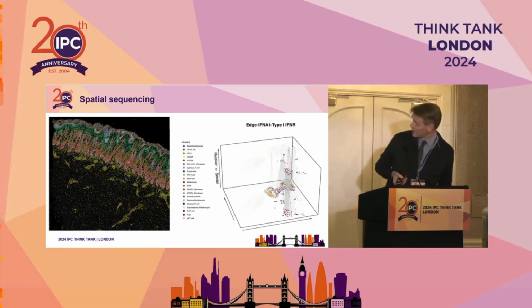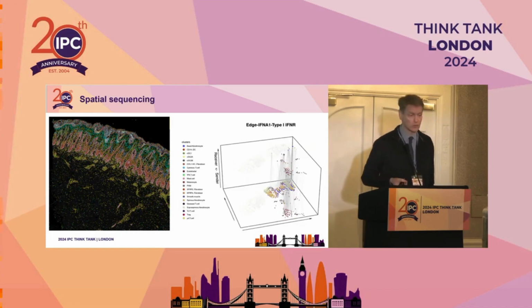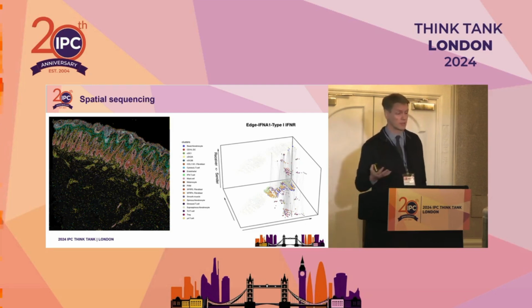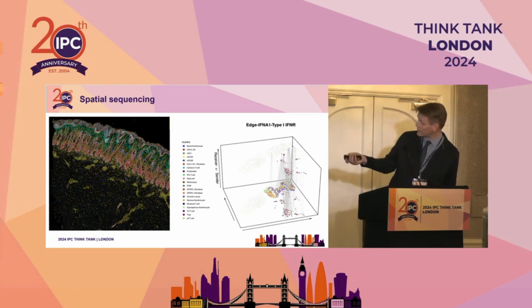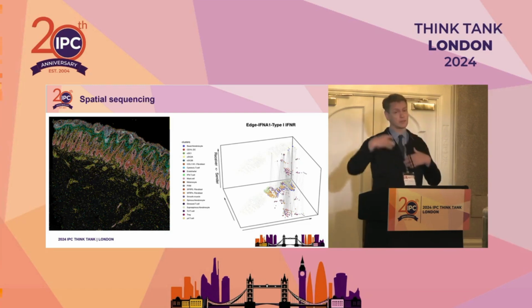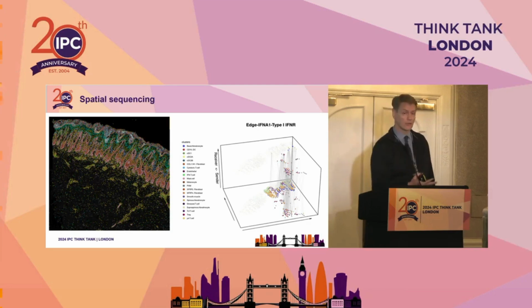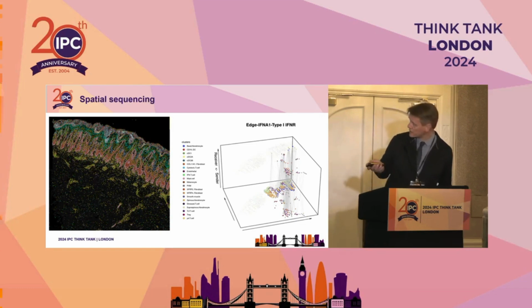And this is one way that we have done this for psoriasis, looking at just type 1 interferon and type 1 interferon signaling. We have the sender on the bottom, and then you have the receiver on top, and you can make a connection between the different cell types, how they're interacting, and which cells are predicted to be communicating in the disease process. So incredibly powerful,